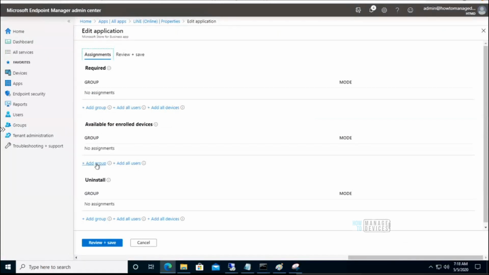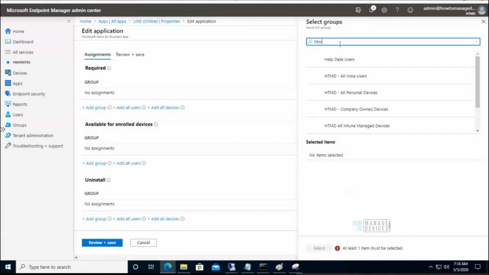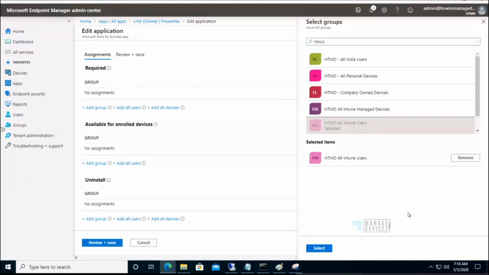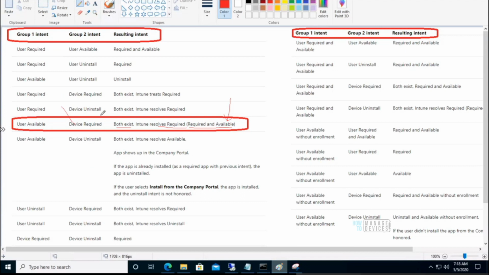I need to add the user group over here as available, so I'm going to say HTMD, and select all Intune users. And the second scenario explained here is device required, so I need to create a device assignment over here.